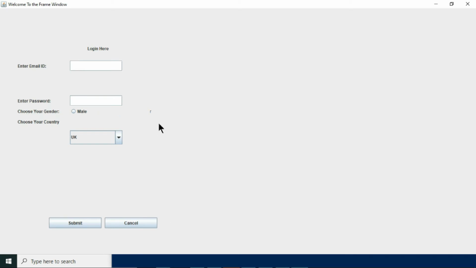Now placing the controls is a little bit hard and you may get some issues. Okay, so it's better to use the layout managers. In the next video tutorial I will explain the layout managers and how to place the things. Okay, you can add more controls accordingly. I have told you enough in this video. If you are using NetBeans, it becomes very easy. I'll show you that as well.